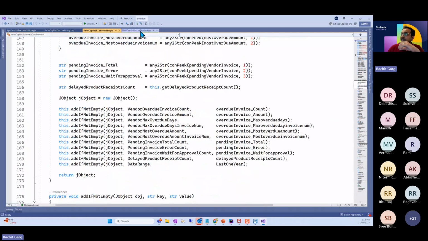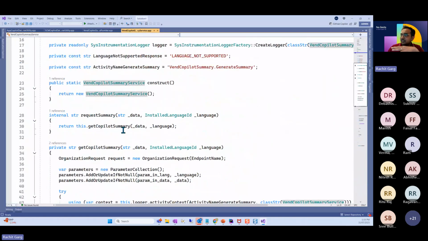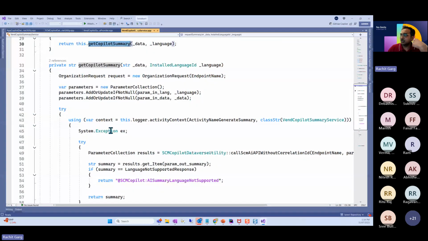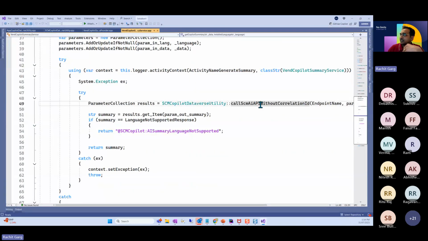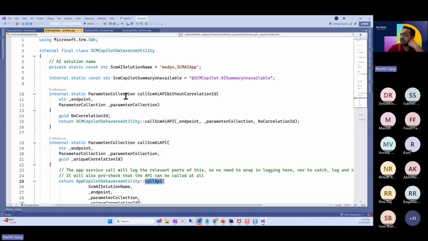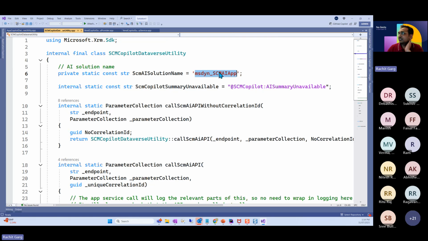It wraps it up into this service class where it constructs the summary and it basically calls the API of Dataverse. And there is this utility class which basically uses this solution. So what you see here is a solution deployed in Power Platform Admin Center for the supply chain management AI capabilities.